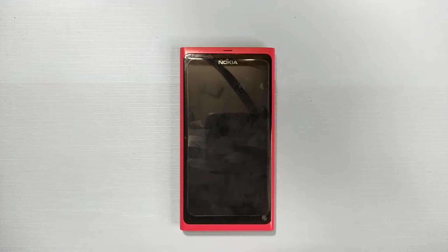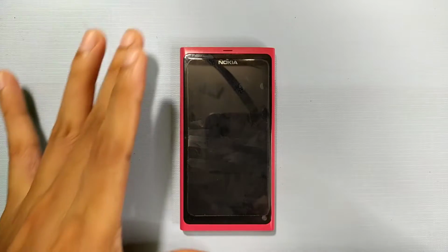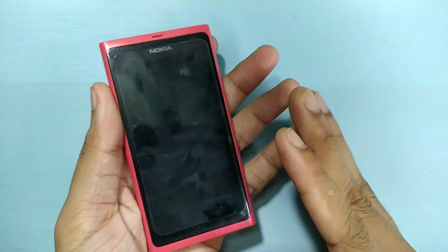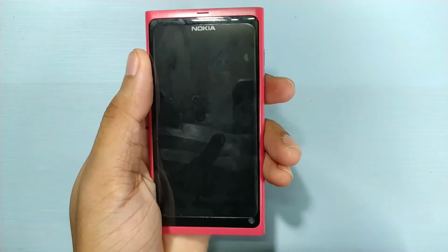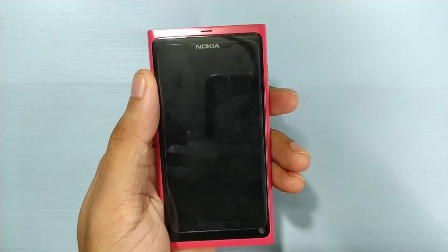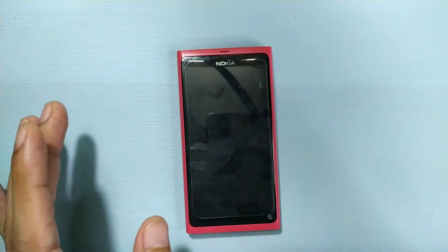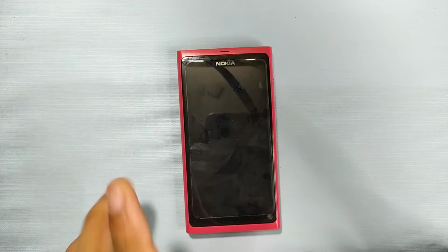In this video, I'm going to show you my Nokia N9, and I'm very happy to show you this phone. In my previous videos, I have mentioned many times that I will buy a Nokia N9 if I get it. So finally I got one, and this phone is in excellent condition. As you can see here, it has some problems, I will tell you, but the price I got it at is amazing. I bought it from Facebook Marketplace for only $4 including shipping, and I bought it as